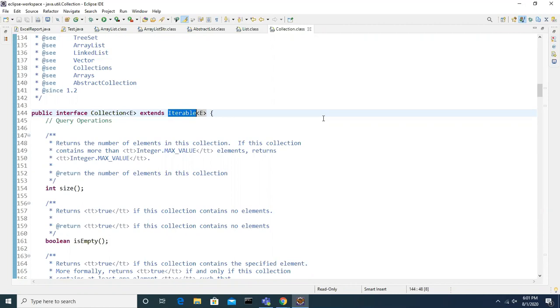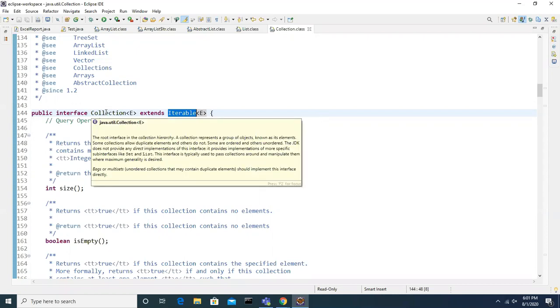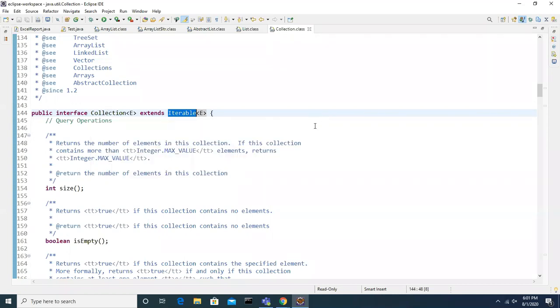So that means whoever is implementing ArrayList, its parent interface is List, and that interface again is extending Collection. That Collection again is extending Iterable. That means ArrayList should have implementation of Iterable, Collection, and the List interface.